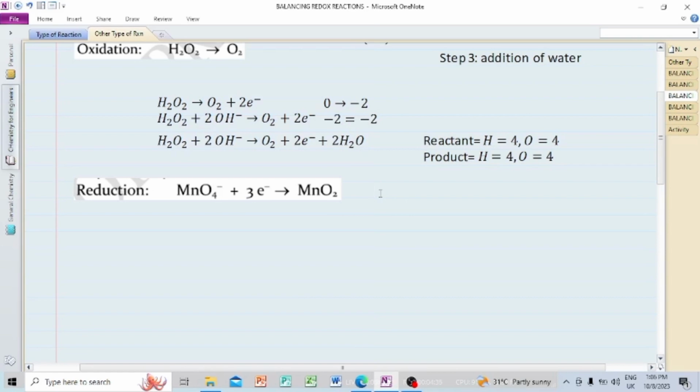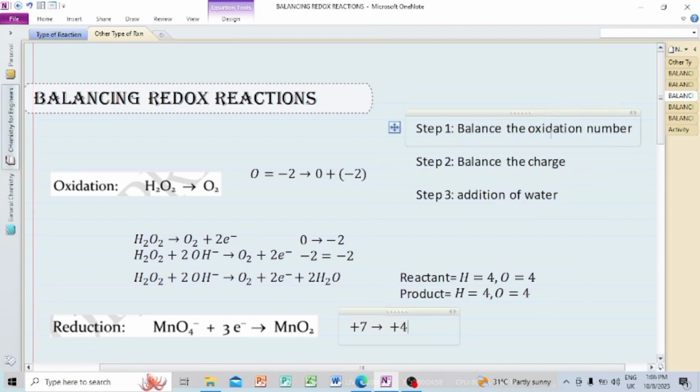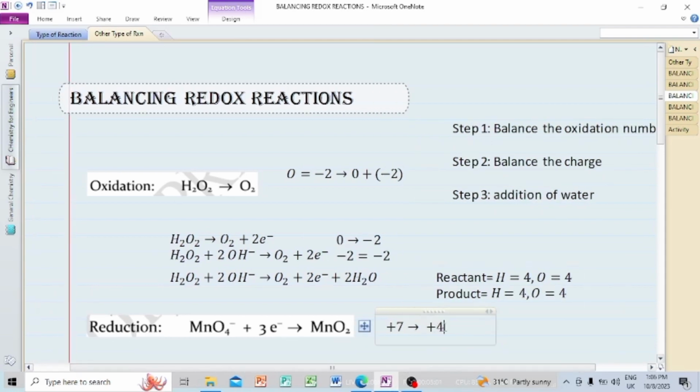So, this is from positive 7 to positive 4. Again, hindi pareho yung oxidation number ng both side. So, mag-a-add tayo ng electron to balance the oxidation number. So, ang first step natin is to balance the oxidation number. So, mag-a-add tayo on the reactant side ng